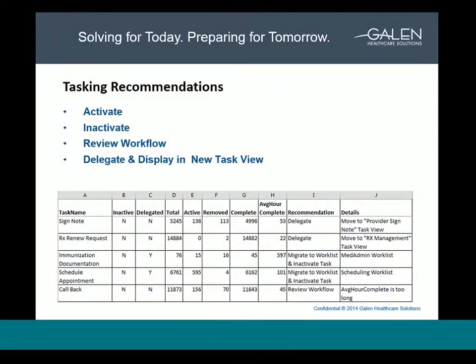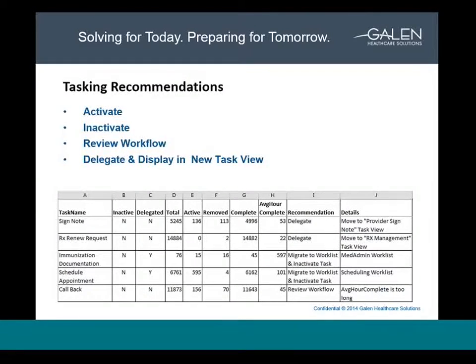So what do we do once we have this information? Well, we analyze all of the data collected, and we work with the organization to come up with workflows or system settings that will help the end users. Depending on where the gaps are, we may recommend activating certain tasks to help keep things from passing through the workflow gaps. On the flip side of that, we could also recommend inactivating a certain task